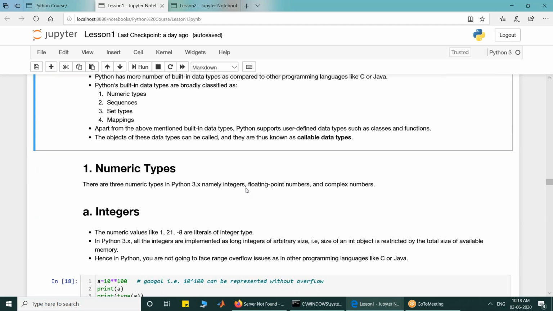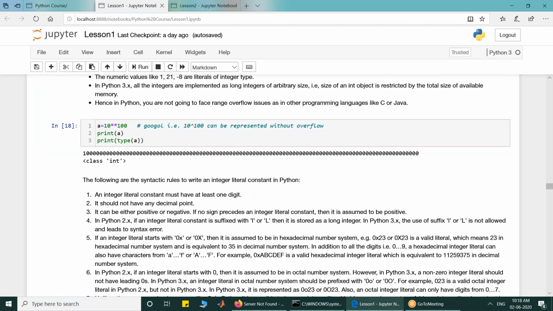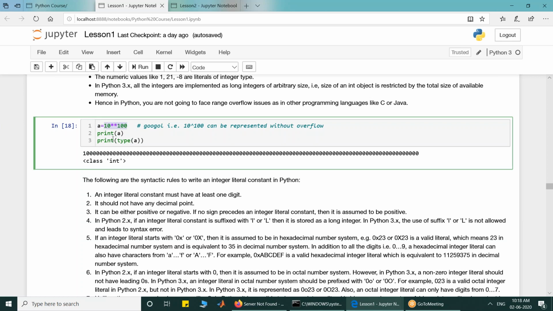Then we discussed the rules for writing integers, and one good thing is that you will not face the problem of overflow, because Python treats integers as long integers of arbitrary size. So if you try to print the value of Googol, which is 10 raised to power 100, you will be able to do that. You have 100 zeros there, so that is also not an issue.